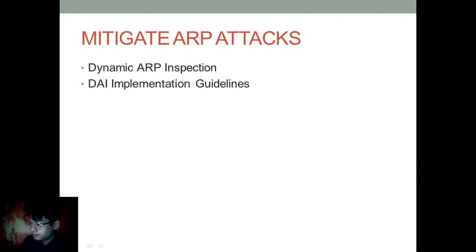Dynamic ARP inspection. In a typical ARP attack, a threat actor can send unsolicited ARP replies to other hosts on the subnet with the MAC address of the threat actor and the IP address. To prevent ARP spoofing and the resulting ARP poisoning, a switch must ensure that only valid ARP requests and replies are relayed. Dynamic ARP inspection, or DAI, requires DHCP snooping and helps prevent ARP attacks